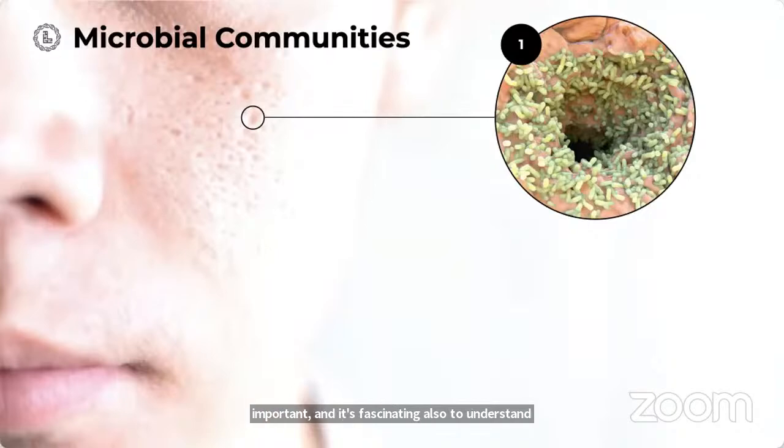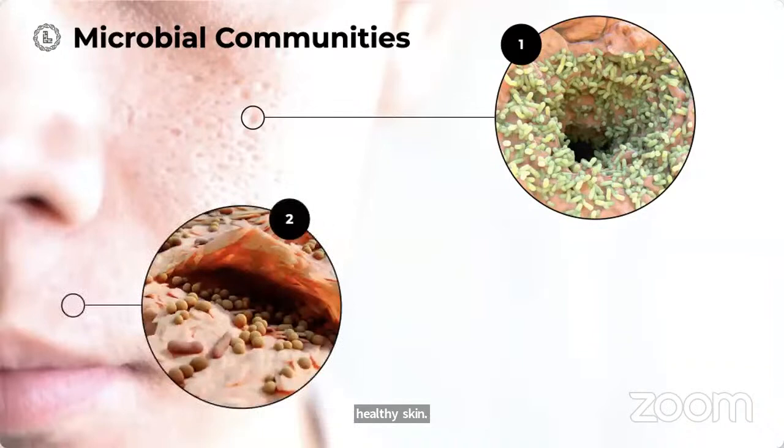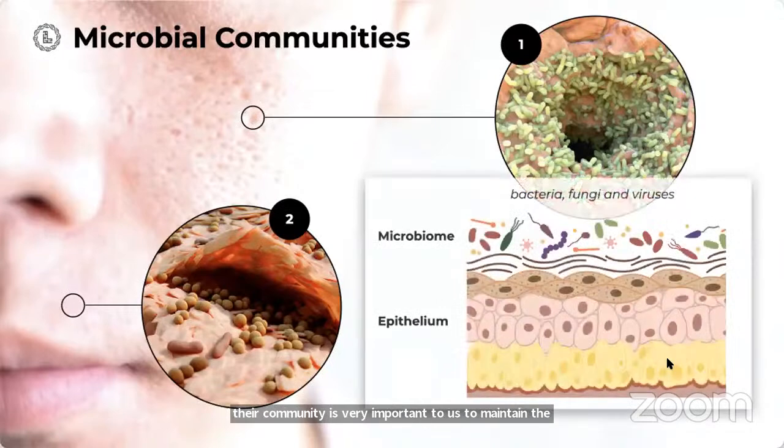from a common skin conditions point of view, for example, eczema, acne, and dry skin compared to healthy skin. Why? Because forming such distinct communities, these microbes and microorganisms are interconnected, and they are determined to maintain their community and their balance. The healthy maintenance of their community is very important to us to maintain the healthy state of our skin in this example,